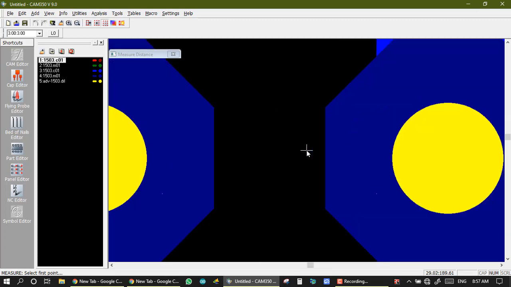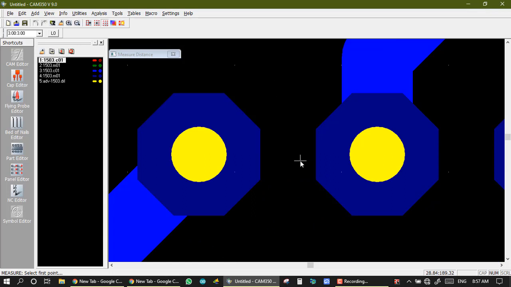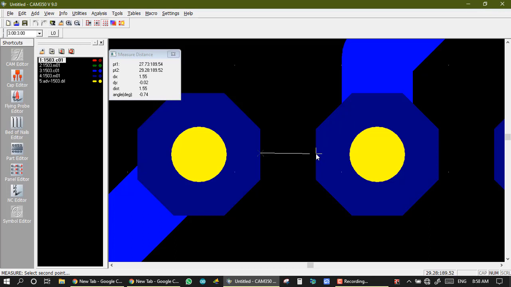If here we have two flashes, first and second, and I want to measure point to point, I select one point here and one point here manually, and then I select this area to here. The distance is point number 1. Here is my xy coordinate, point number 2, xy coordinate, dx dy.